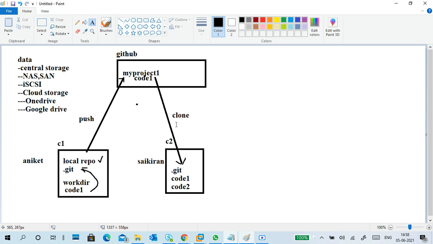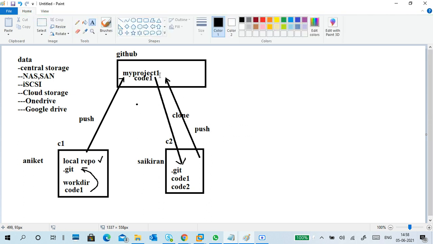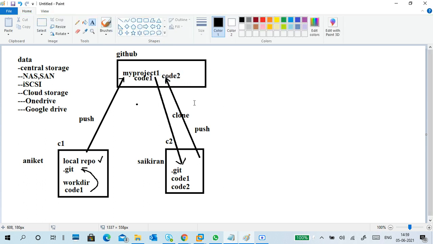Now again he wants to upload into the same place. He can upload. For uploading, he pushes this configuration. Now what happened is this code 2 is added to our project 1. Code 1 is there, code 2 is there.